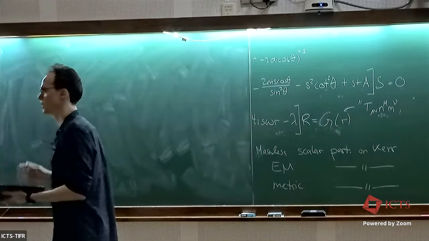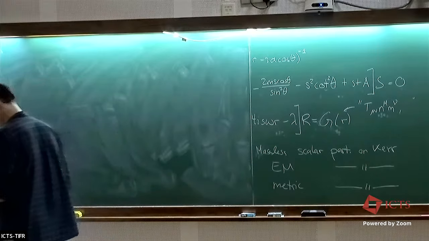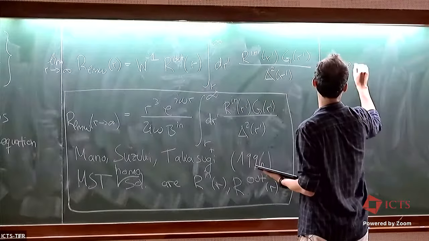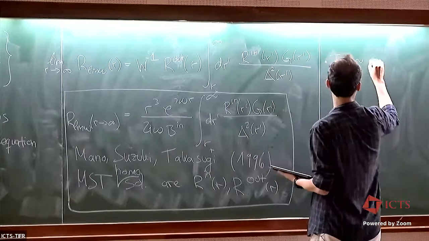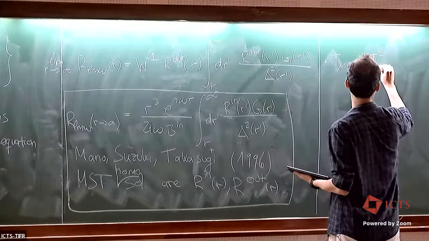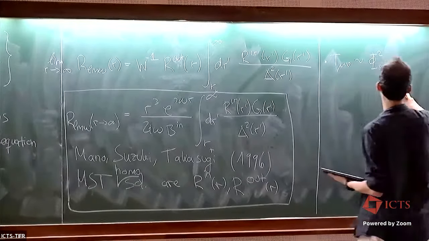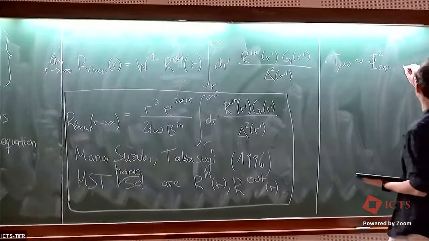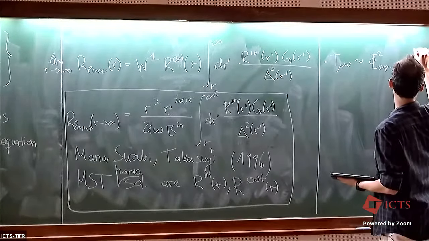Just the most important bits that we can learn without doing the integral. So first of all, what we could already guess. So this goes like the square of the superradiant solution. And the superradiant solution goes as e to the i omega t. So this will go as e to the 2